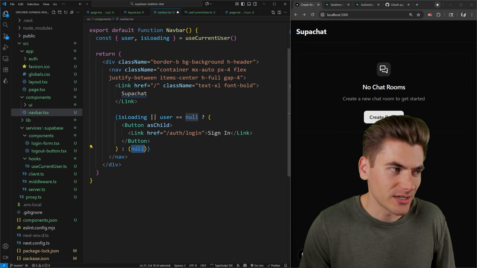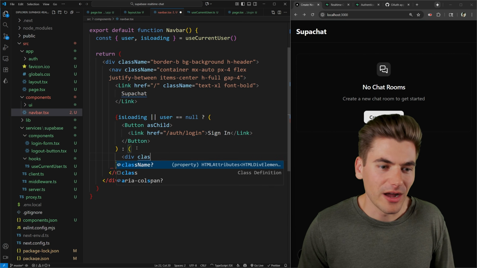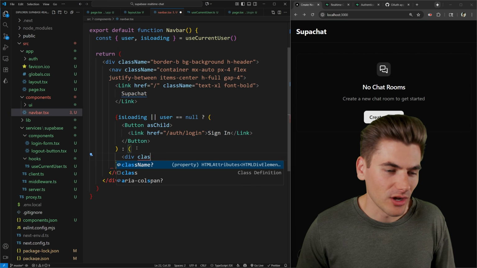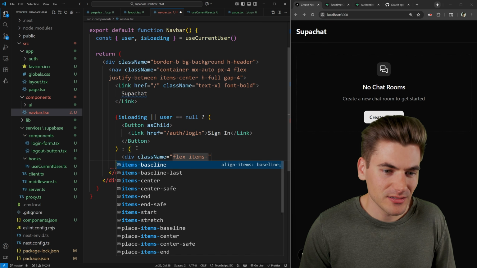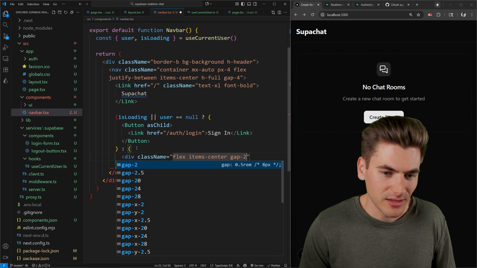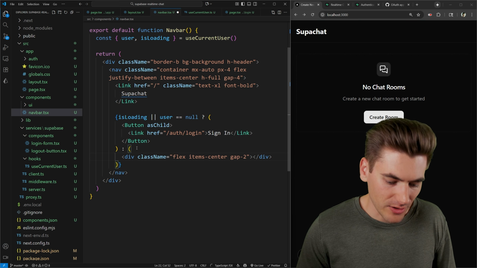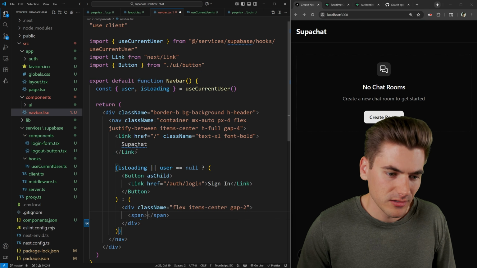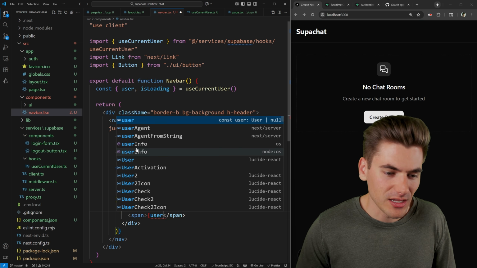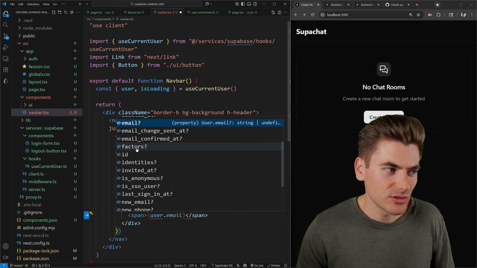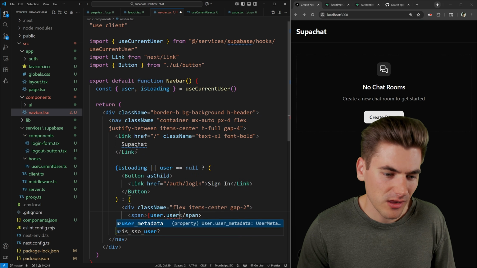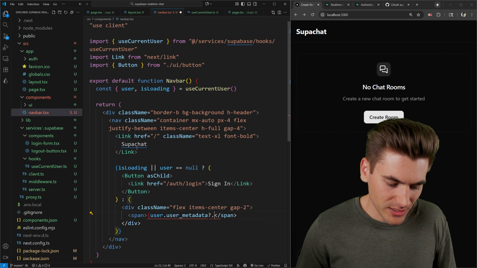So we need to go to this other section. And this other section is going to render out essentially our name as well as a button to log out. So we're going to have a class name of flex, items-center, gap-2 to space out our content. Then inside of here, I'm going to be rendering out a span. There we go. The span is going to have our user's name. So to get our user's name, we can say user dot, and we want to get the user metadata, and we want to get their preferred